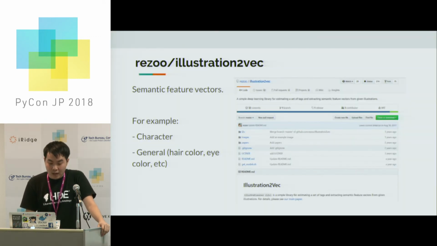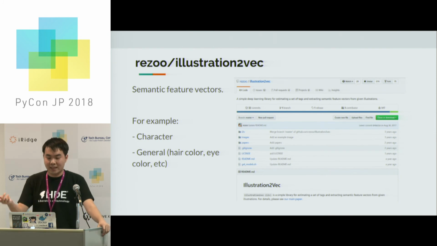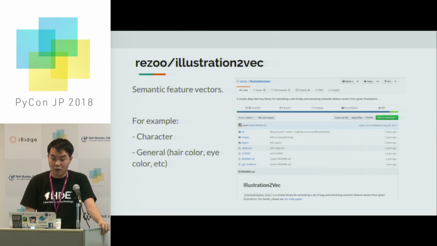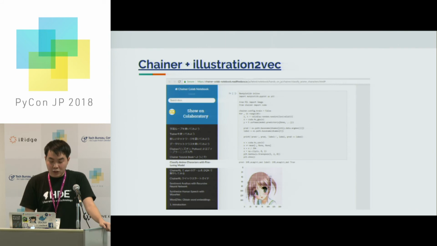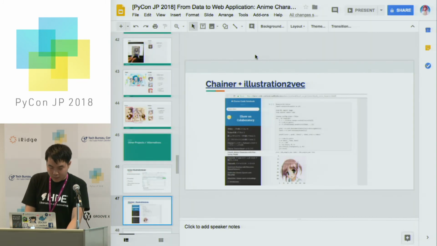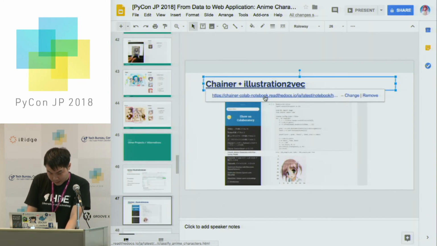If you know a project called Illustration to Facts, it tries to extract the semantic feature vectors from an anime character image, so it can detect which character this is based on text, like the hair color is blue, the eye color is purple, for example, and so on. And there's also a very good tutorial from Chainer. If you are using Chainer, there's a tutorial called Chainer plus illustration to facts. So basically,